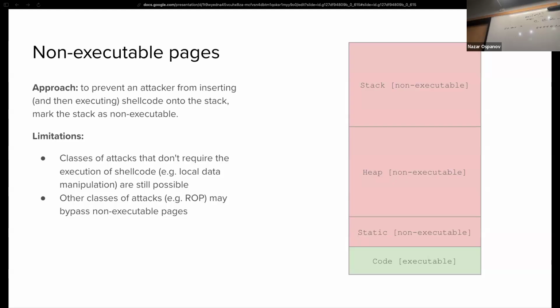But should those necessarily be executable? And the answer is no, right? It's an obvious safety vulnerability. So that is where this sort of disparity was introduced, where the static, the heap, and the stack